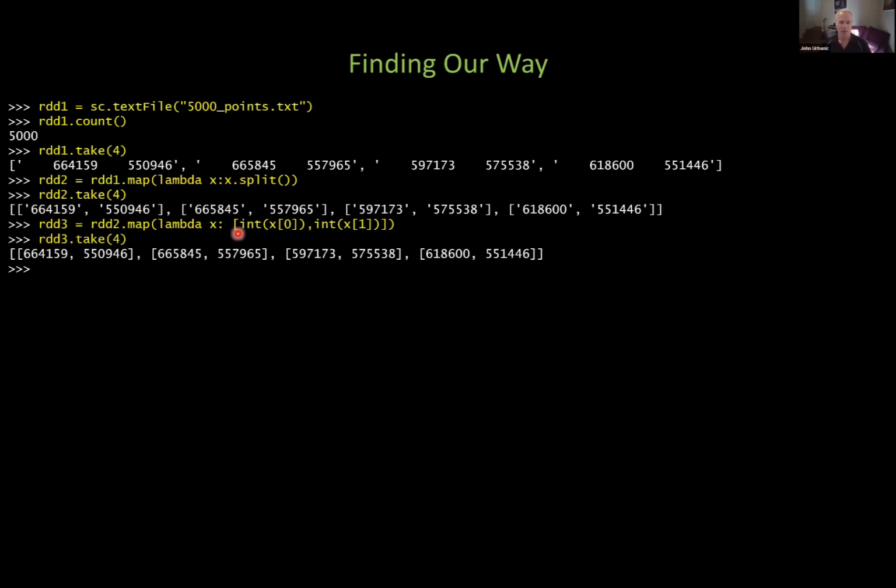And then I want to convert them into two integers. So now I've got the kind of elements that I can feed into a machine learning algorithm. Again, my machine learning algorithm wants a bunch of real integers. It doesn't want an ASCII string up here. So these simple Spark operations right here are trivial, but they're a good example of a real scientific data set